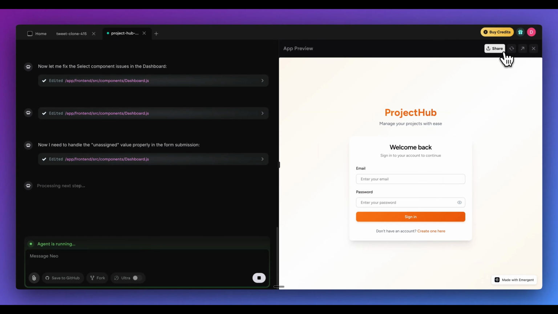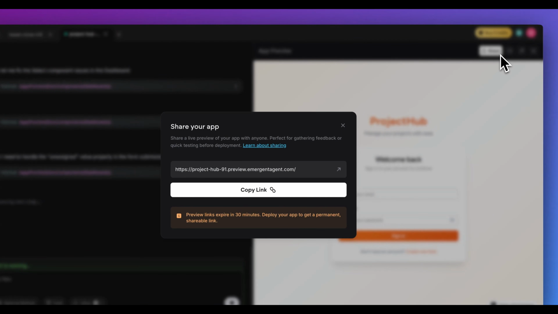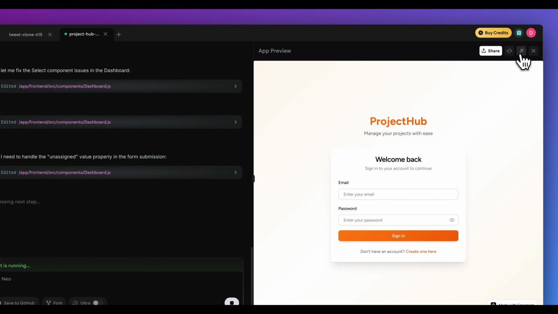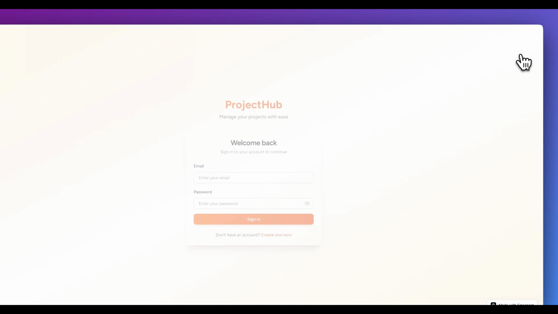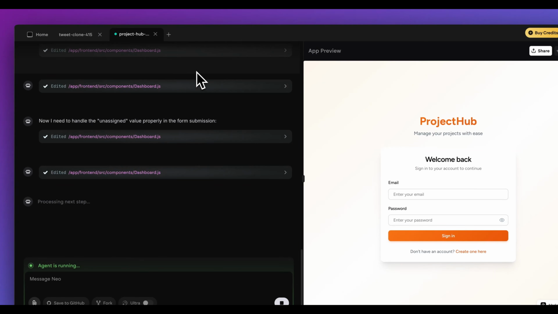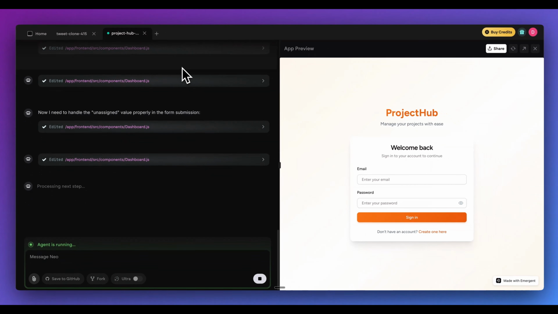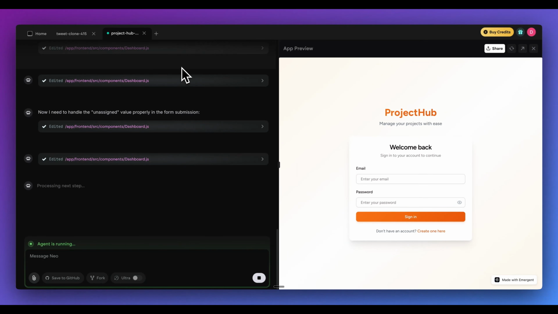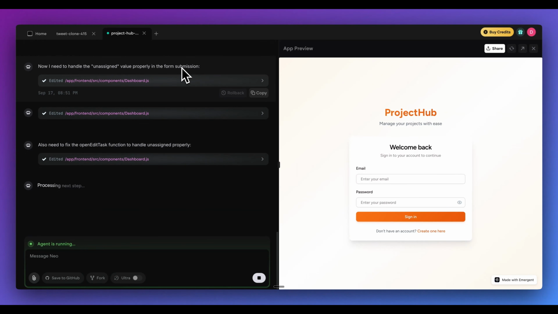Now, additionally, what you're going to be able to do within this is you will be able to share this. If you do want to share the preview link, you're going to be able to do that. Now, additionally, you can open this up in a new tab, which for full stack development, obviously is something that is quite helpful. Now, one of the cool things with the platform is you will also be able to create mobile applications if you'd like. That is a part of their paid tier. So that is something to be